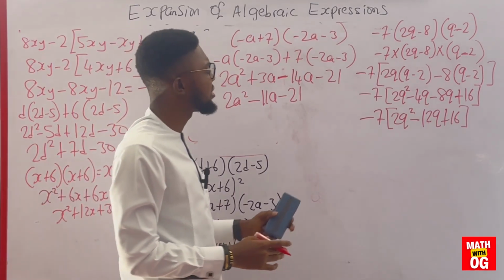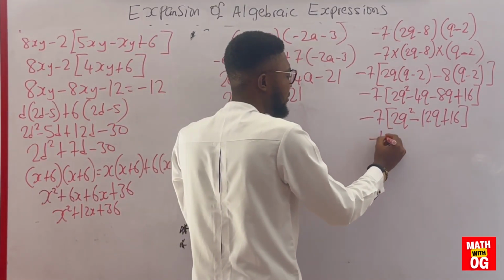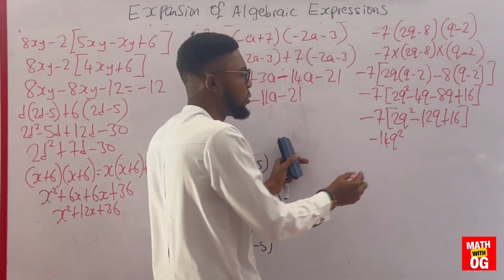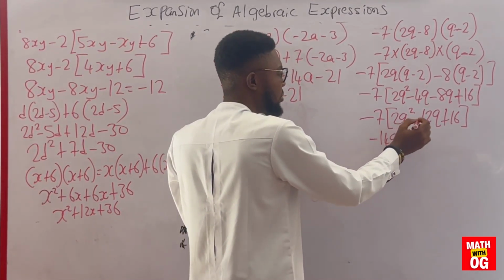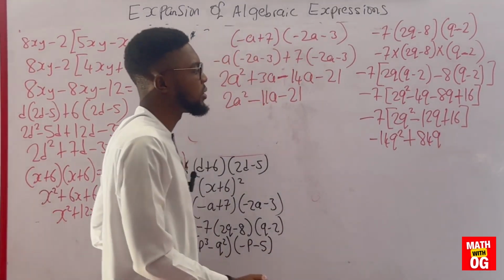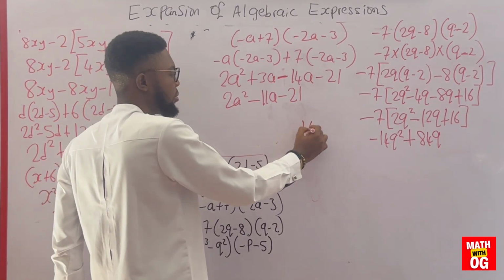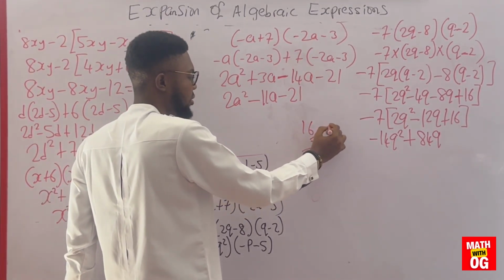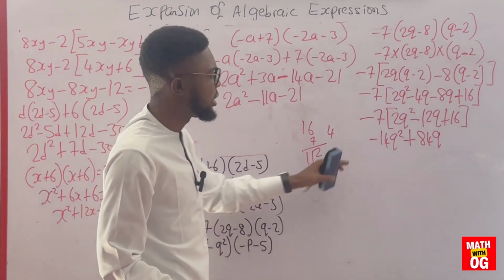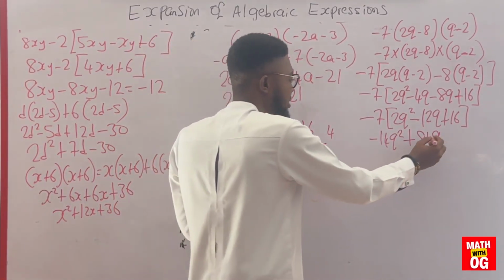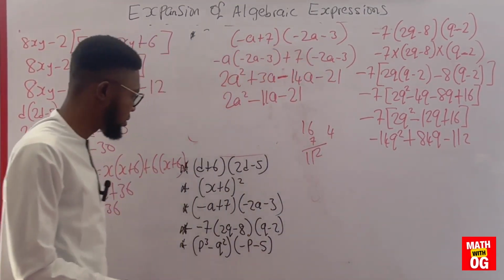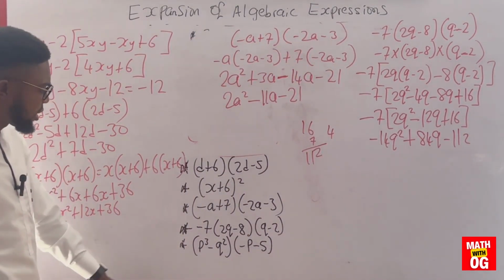So if I do that, negative 7 times 2q is negative 14q squared. Negative 7 times negative 12q will give us a positive value. 7 times 12 is 84, 84q. Negative 7 multiplied by 16. So 16 multiplied by 7, this is 42. Put down 2, carry 4. And this is 112. So negative times positive is negative. So I have a negative 112. So that's the final answer to the question. Then lastly,